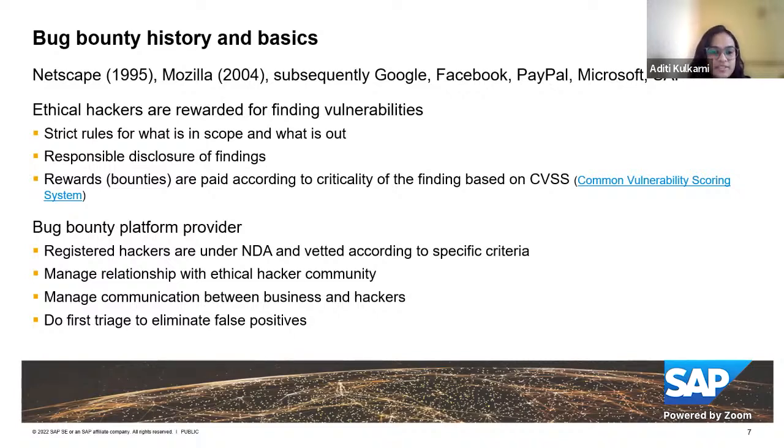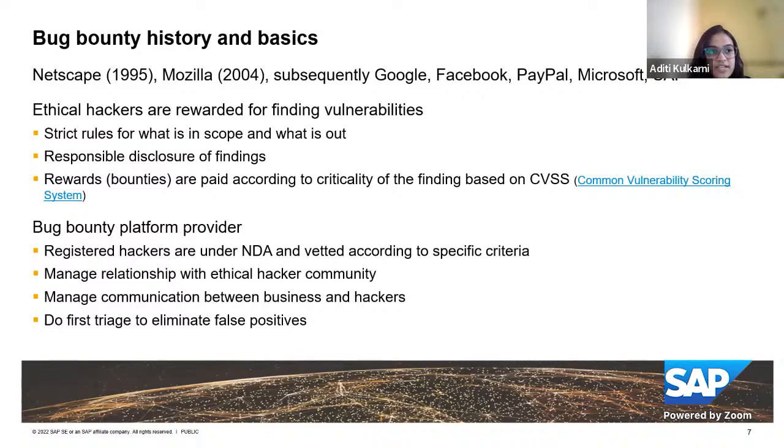They provide different kinds of services to the vendors, and they also have various hackers registered on their platform. Any hacker can register on these platforms, and once they register, they would be bound by a certain NDA, and the platform would take care of managing relationships with this hacker community.